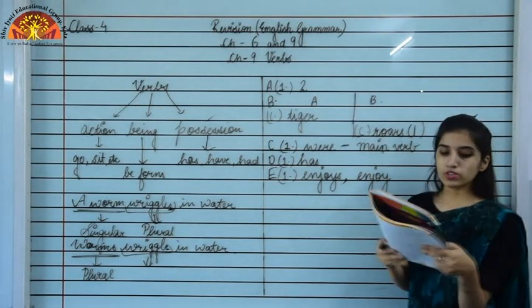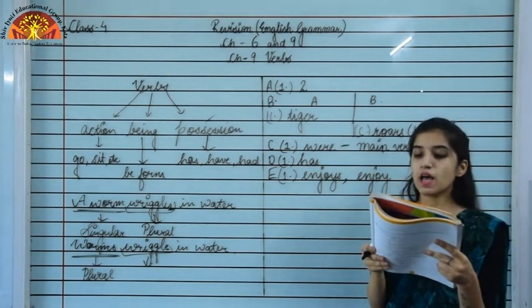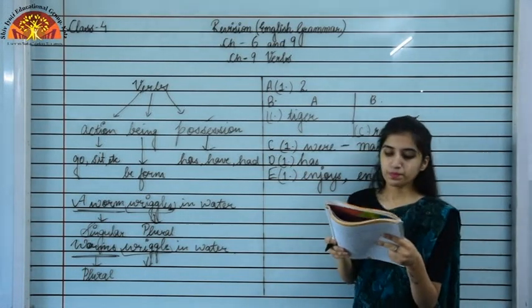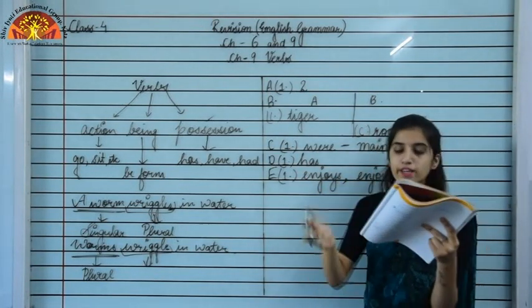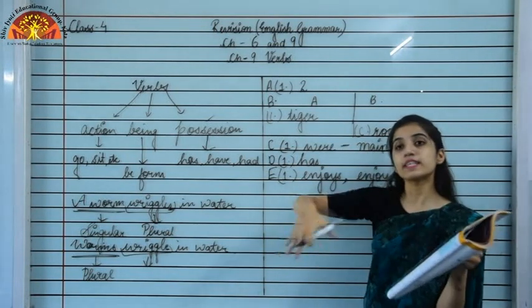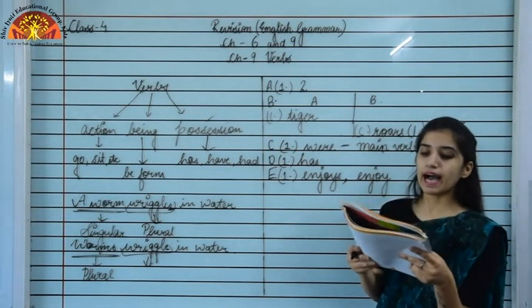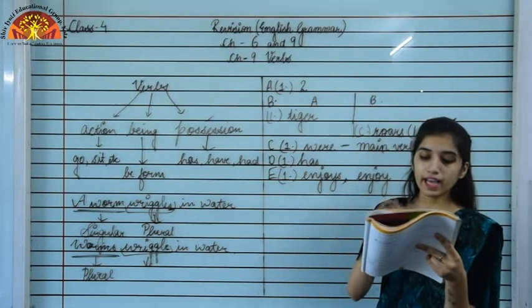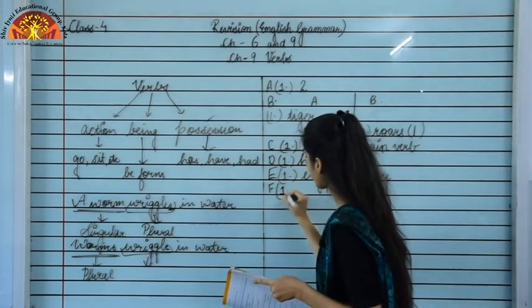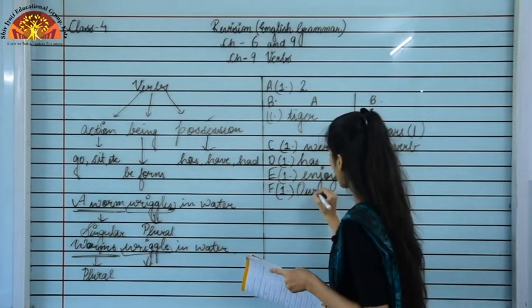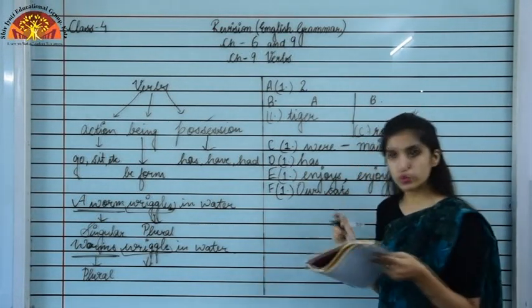Okay, now moving to the next exercise, exercise number F. Rewrite the sentences using plural subjects. Make other necessary changes as well. So we have to make the subject plural, and rewrite the sentence again with the other necessary changes that are required. The first sentence is, my cat likes having milk with a biscuit. So we have to change my into our, O-U-R. Cat will become cats, as we have to make the subject plural.